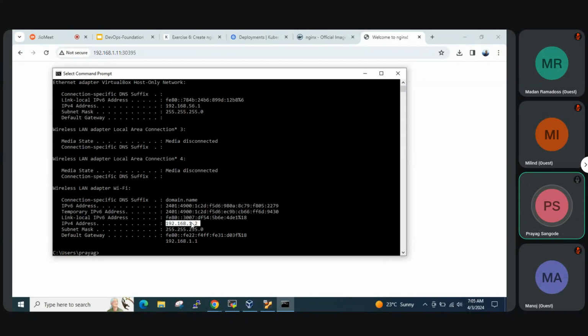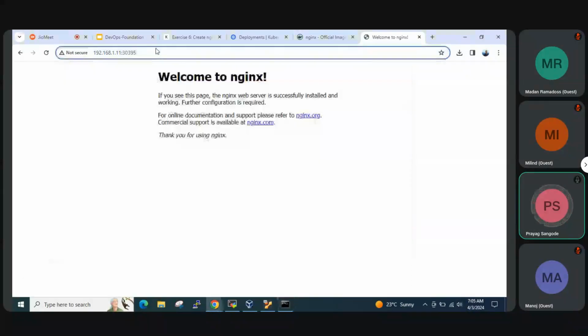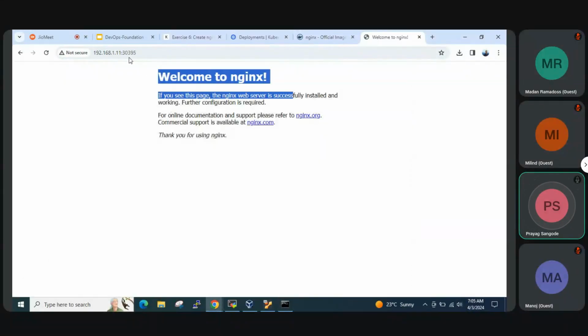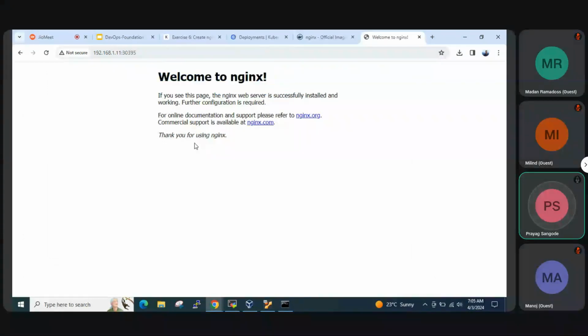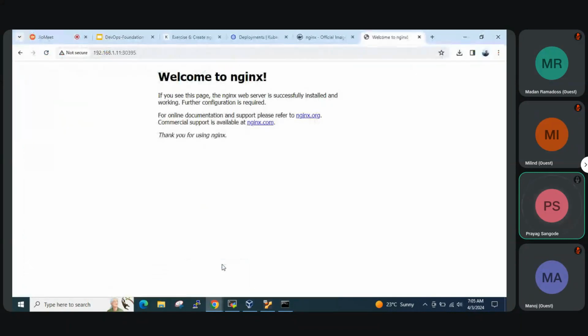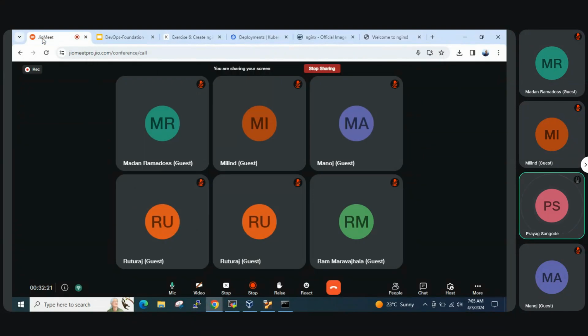So from the 1.x range it will be accessible. It will not be accessible from the internet. That means this 1.11 you all cannot access. For that we'll have to map it with some other service called a load balancer, and that is also useful mostly in the cloud. So this was all about the exercise for creating the manifest using